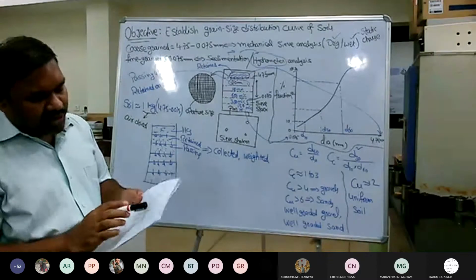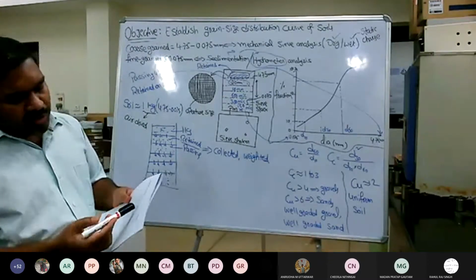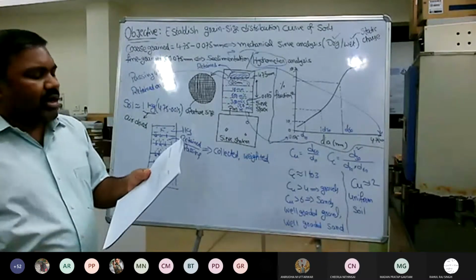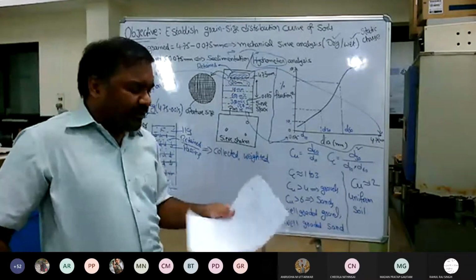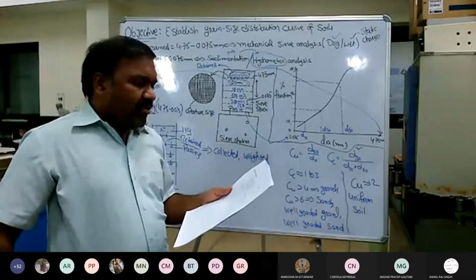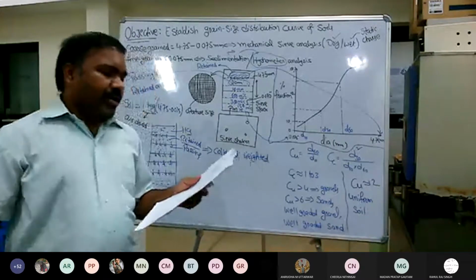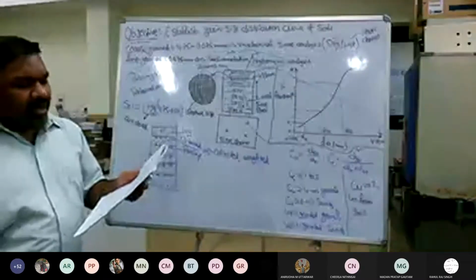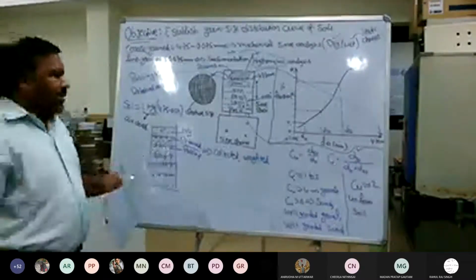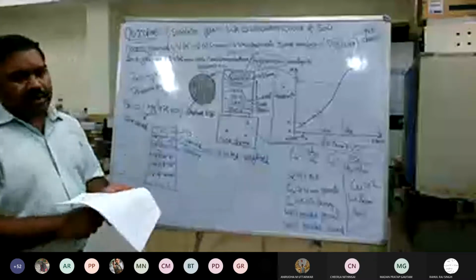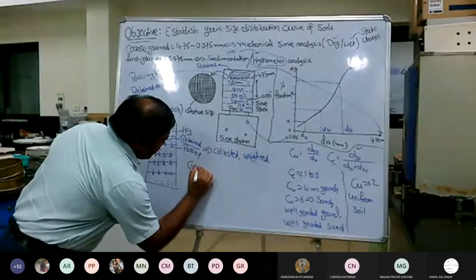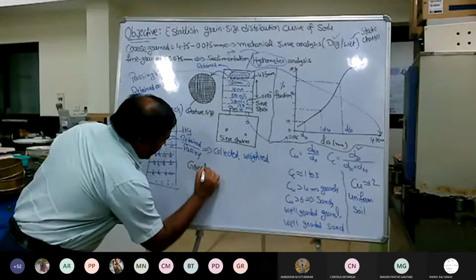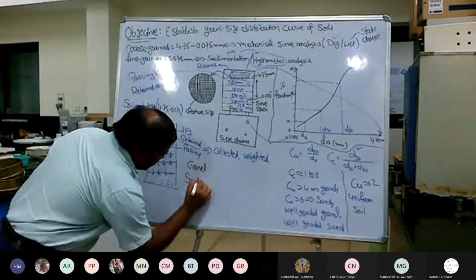Then weight of dry soil taken. If you remove the hygroscopic moisture content from the air dry soil, then you will get the weight of oven dry soil. Then weight of gravel or sand and percentage of gravel or sand, organic content observed. Now here there are 2 additional terminologies coming into the picture. One is the gravel. The next is sand.